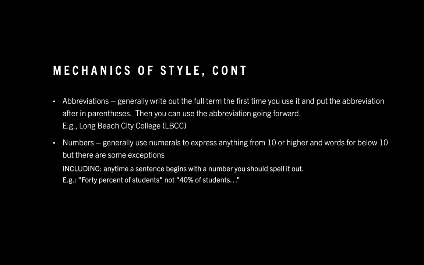But anytime a sentence begins with a number, you should spell it out. That is one exception that I often like to point out, because this is something students don't realize sometimes. It's generally not good to start a sentence with a number, but whatever, it is what it is. Sometimes you have to. Make sure, though, even if the number is above 10, to write out the word if you're starting the sentence with it. So do not start a sentence with a number like 40%. Write out forty percent in your text. That's something that oftentimes people screw up and don't realize, but that's what APA says. So we are going to follow their rules.